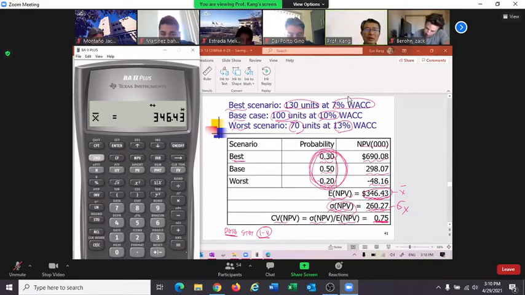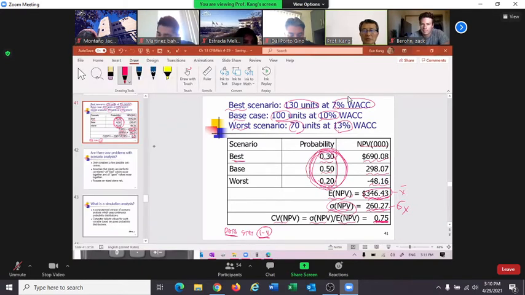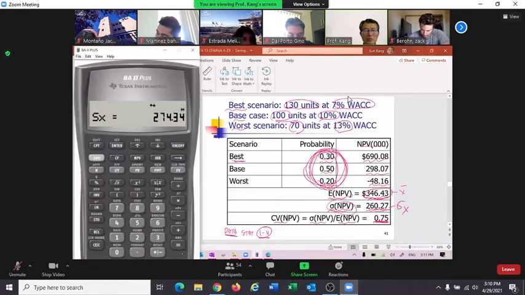And if you hit down arrow, then you will see SX. That is not the answer. SX is sample standard deviation, but 100% is what? Whole population. So you have to hit down arrow one more time. That is sigma x